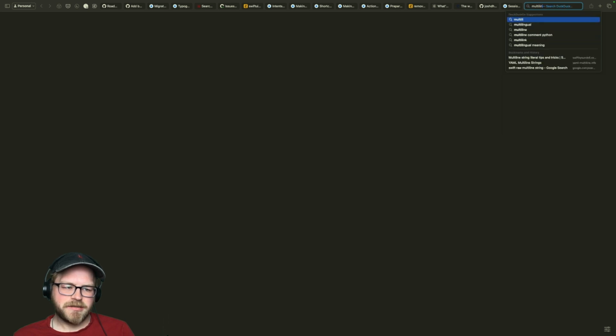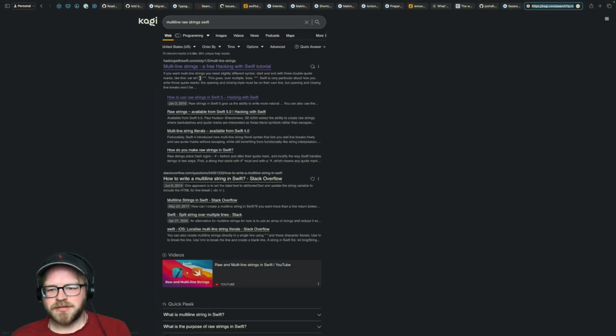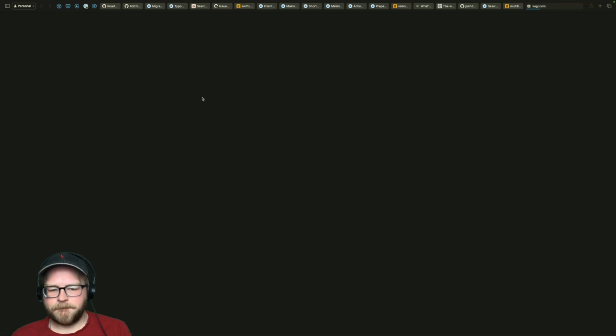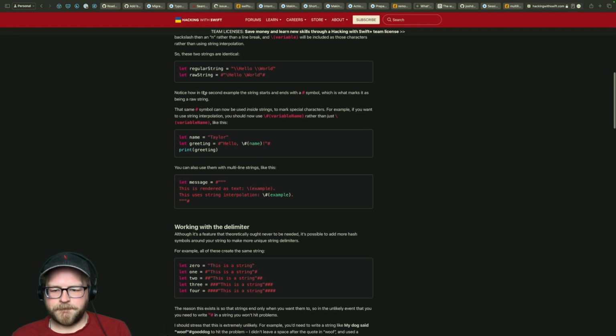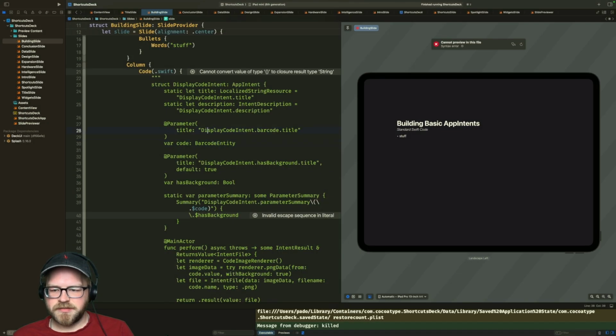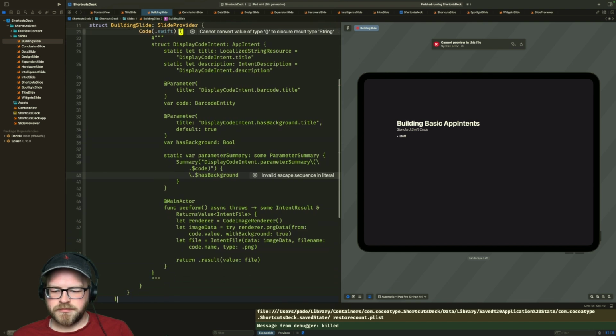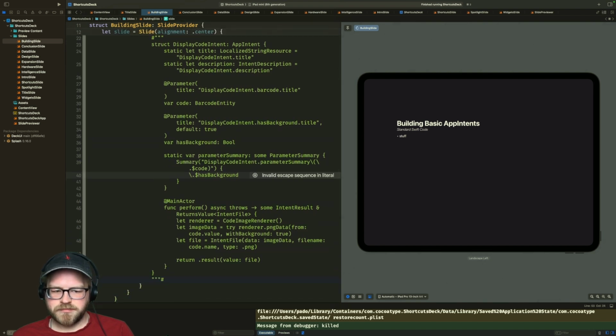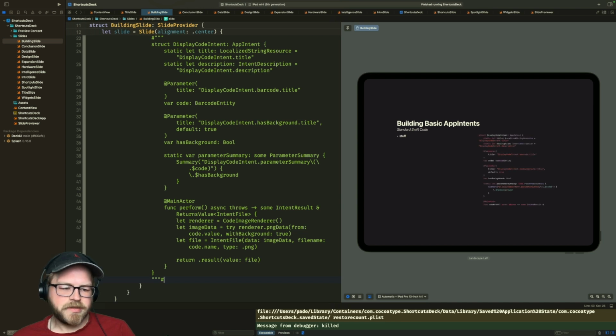Multi-line raw strings Swift. Oh, just like that. That's easy enough. All the way at the bottom. There we go. Look at that.